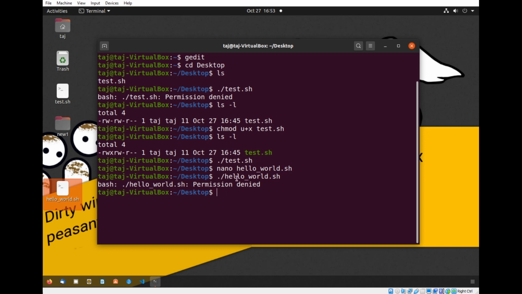So what can we do about this? Of course, we can just use chmod to modify our permission, add the execution permission, and then execute it. But there's another way. To do this, we use bash, space, and then we write the name of the file, which is hello world.sh, and if I hit enter, as you can see, the file is executed and hello world is printed